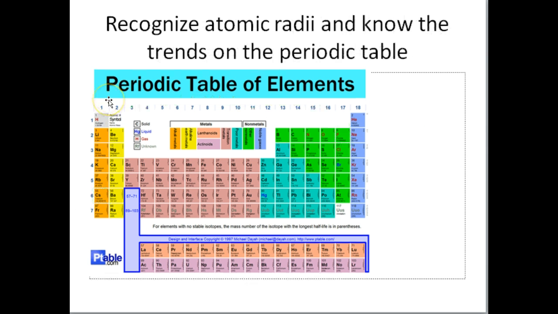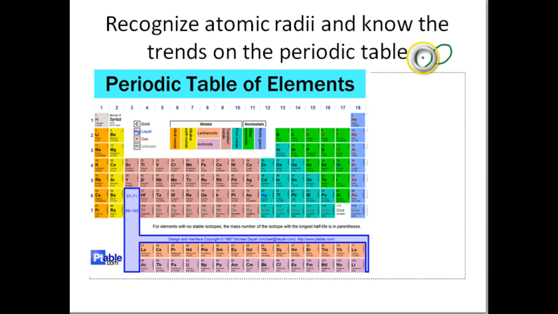All right, atomic radii, we haven't talked about this too much. You don't need to know this, but if you do, it might help you understand the other trends a little bit more. The atomic radii basically is if you have a sample of an element and you look at two atoms that are next to one another in that element,